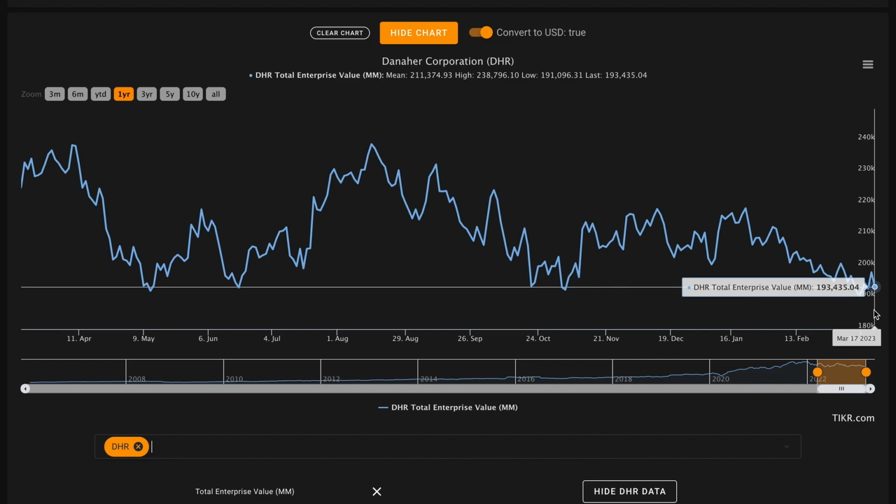If this is the case, this may offer a slight risk premium to the yield of the 10-year treasury and may offer a potential starting point for a reasonable valuation of Danaher. We're using their total enterprise value rather than their market cap because it's also going to take into account their net debt position, so it'll give us a perspective of the company that's more similar to as if Danaher were